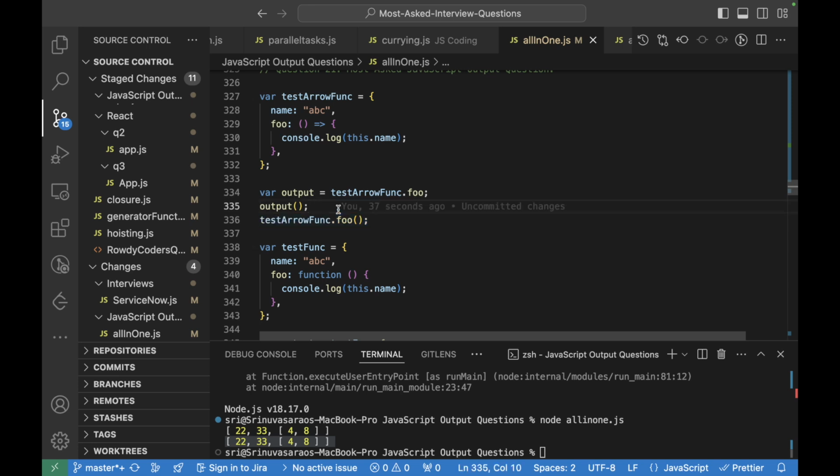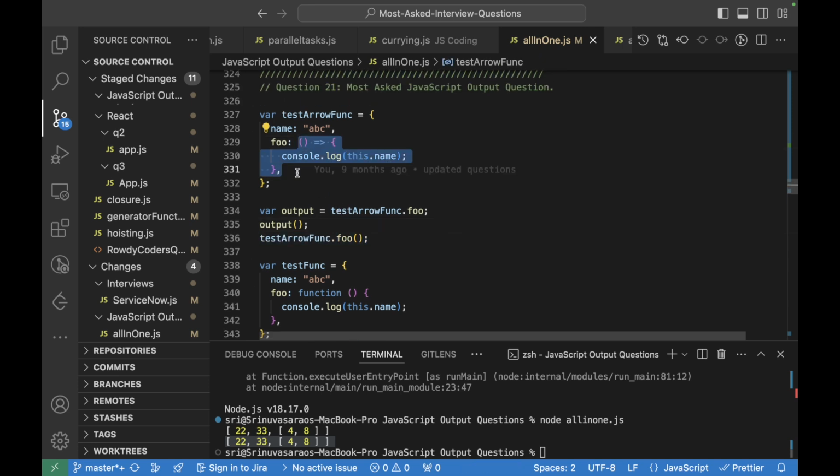Now in arrow functions, this refers to the global. So window.name won't be there, so it will give undefined for both of these two items.